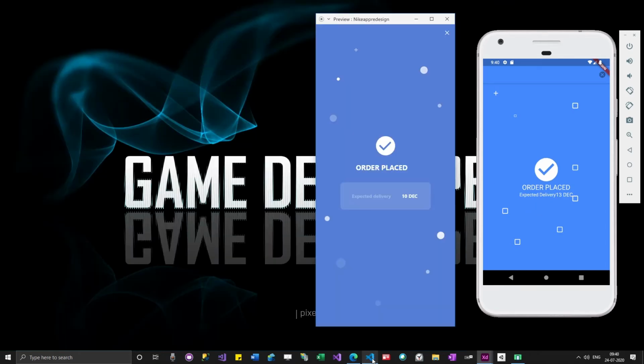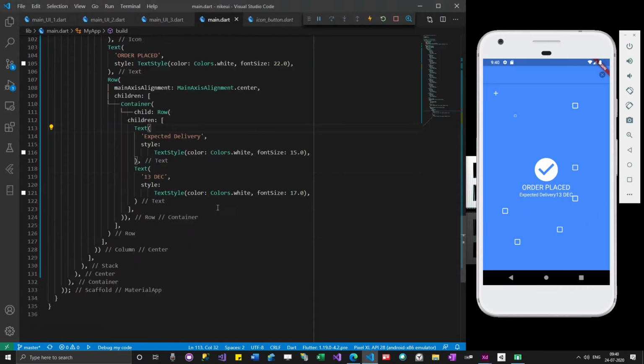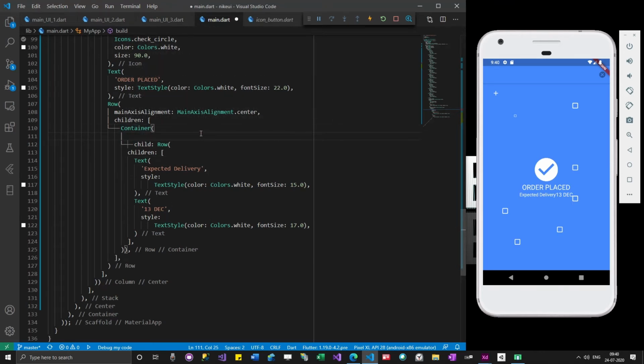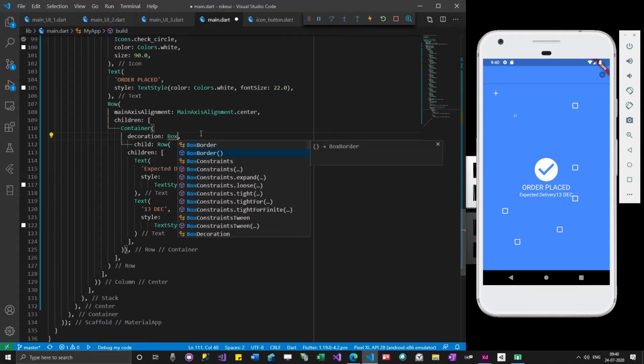Now I need to add this square, this rectangle design for this expected delivery. For that I will go to this container where I have added this row, and I will add some decoration to it. Box decoration.